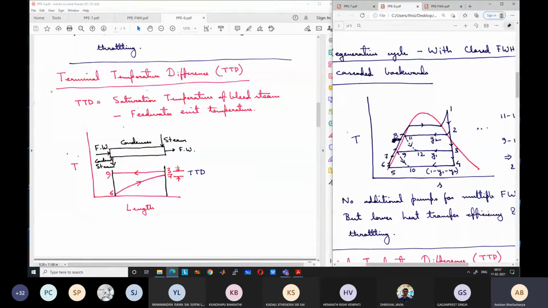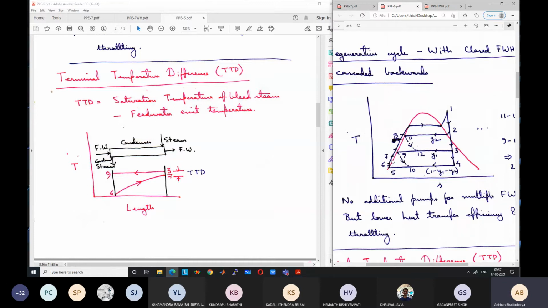In this case, the terminal temperature difference is of the order of 3 to 5 degrees centigrade. If you want to decrease this, this is a design parameter. It is in our hand to decrease or increase this value. If I take a very large value, say 10 or 15 degrees centigrade, what will be the difficulty? The difficulty will be that we will only be able to raise the temperature to a very low value. The state 7 will be only at a very low value.